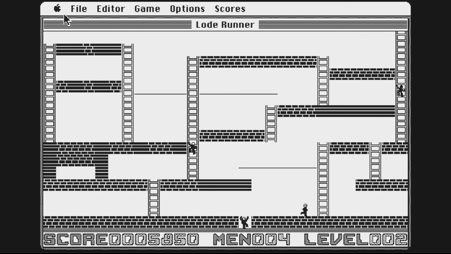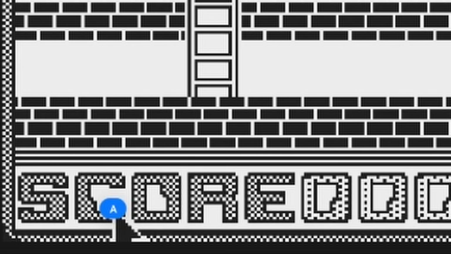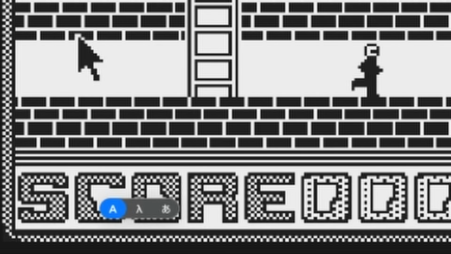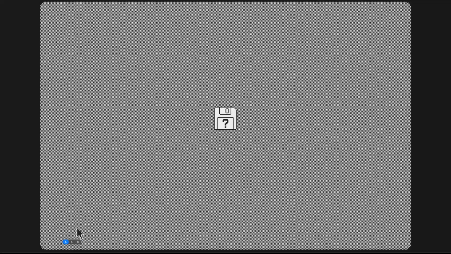This is quickly turning into more Lode Runner than I expected. But I should probably try some other things with it. For some reason, my keyboard input on the modern Mac is deciding to open the accent characters, or the keyboard selector. I don't know if you can see that here. It's trying to select between my multiple keyboards on the modern Mac. I don't know if that's a bug in Snow. Do I need to select it? No. Okay. Escape.